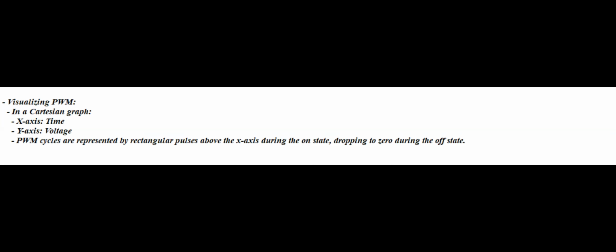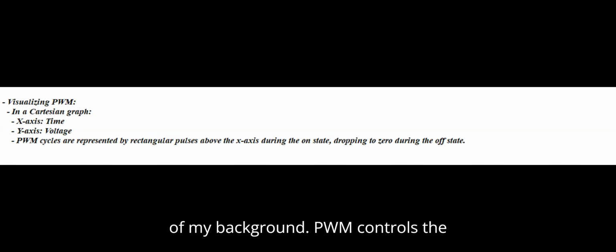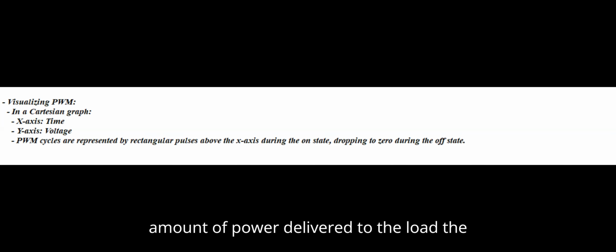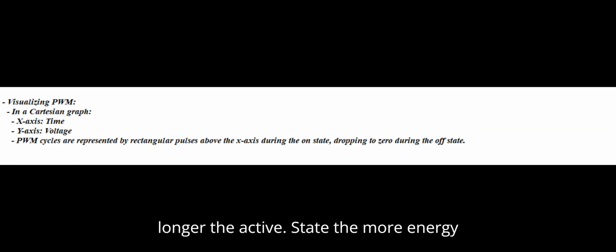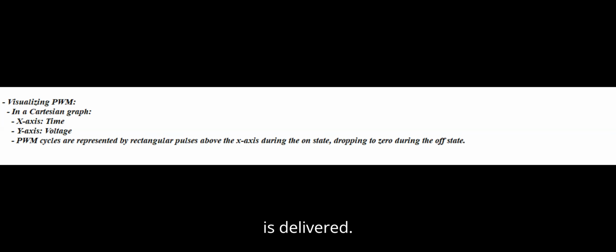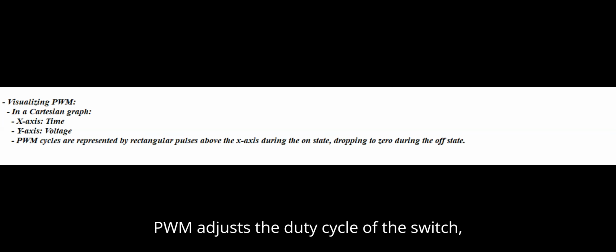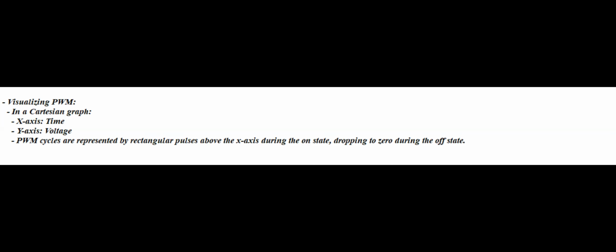In our example, we're using computing terminology because of my background. PWM controls the amount of power delivered to the load. The longer the active state, the more energy is delivered. PWM adjusts the duty cycle of the switch, usually a transistor, which changes the ratio of the on-time voltage to the off-time voltage, 0. Essentially, PWM modulates the duty cycle, determining how much of that on-time voltage is allowed to